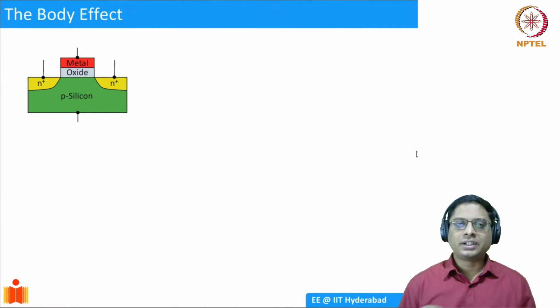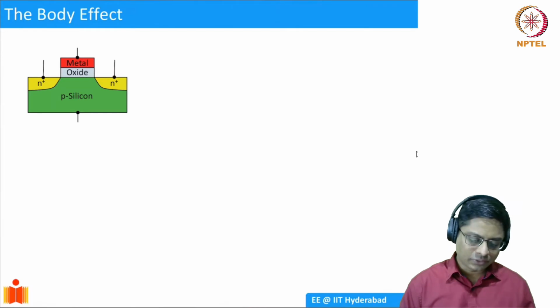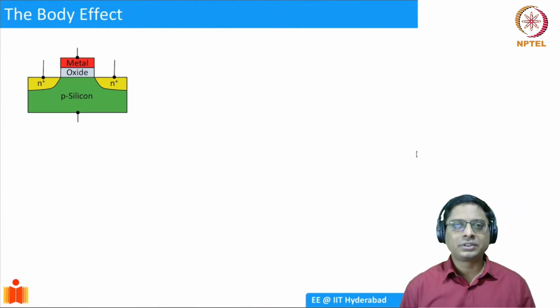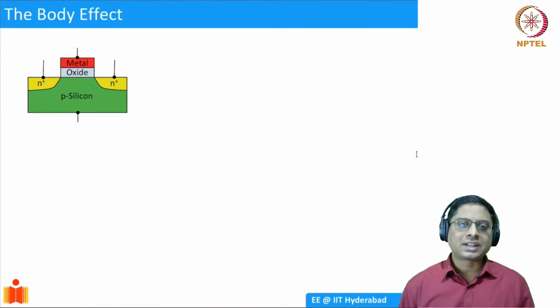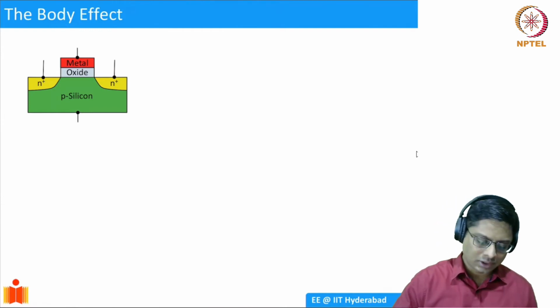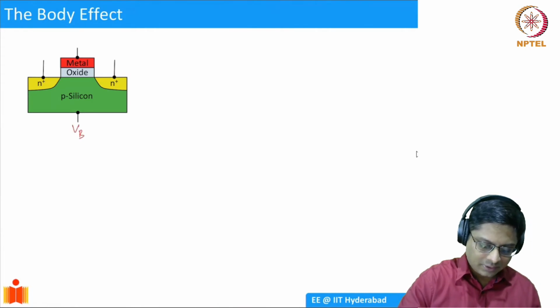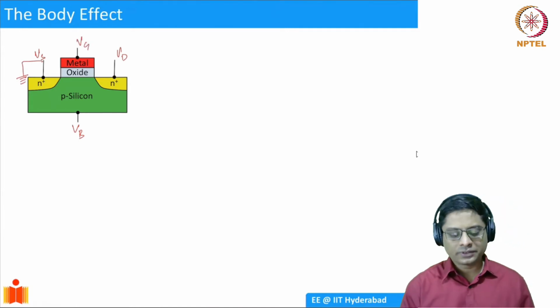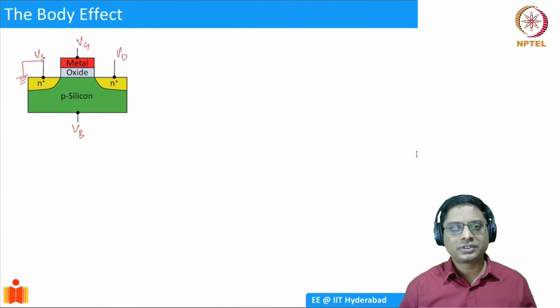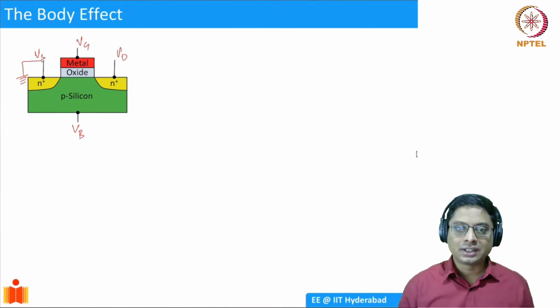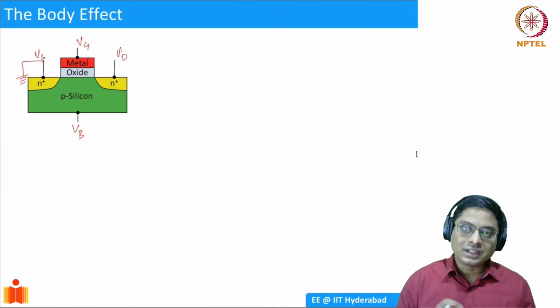When I introduced the MOSFET in the beginning, I said that you have these 4 terminals, and we said that the body is grounded for an NMOS transistor. For a PMOS transistor, it is at the supply voltage, VDD. But it need not be the case. We can actually change the voltage at the bulk or body. This is VB, VD is the drain voltage, VS is typically grounded, and this is VG. So far we have seen that you can control these, but VB doesn't appear in our current expression, right? The current is simply a function of VGS and VDS as far as the user is concerned. Does VB appear? Well, it actually does, but indirectly.